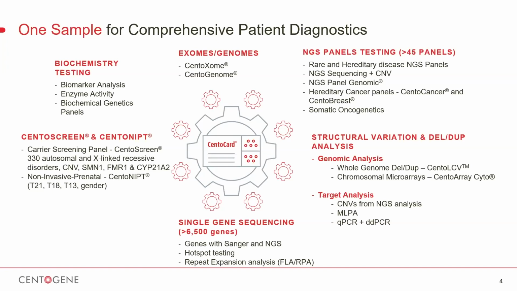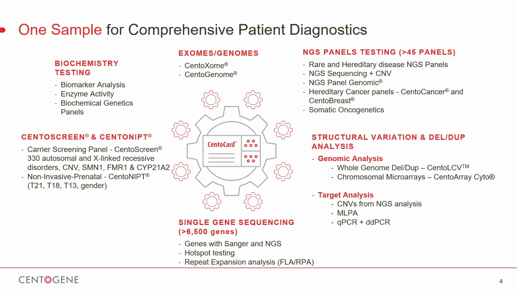Regarding our main focus today, the copy number variants and structural variants, deletion and duplication analysis, we offer genomic analysis through the conventional gold standard method, chromosomal microarray, with two important products, CentoArray 750K and CentoArray high definition. And we also have the newly innovated in-house method CentoCNV, which does not depend on supplier shipments.